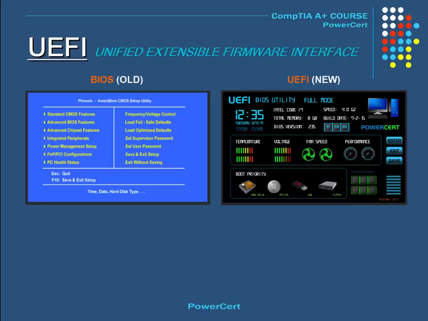A newer type of BIOS is called UEFI. UEFI stands for Unified Extensible Firmware Interface. Now, most, if not all, new motherboards are shipped with this newer type of BIOS. UEFI has several advantages over the old BIOS, and the first and most obvious, just by looking at it, is